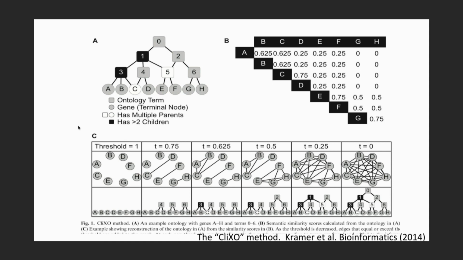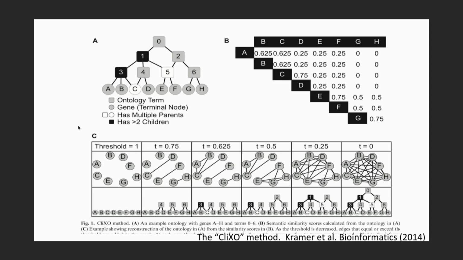All right, but the way it works is, and I should say the other reason why it's a nice problem to think about is one has the gene ontology. So what you can do is before you even look at a shred of protein-protein interaction data, just take the GO, flatten the GO to a graph. Okay, and so if you're not familiar, there's this thing called Resnik's semantic similarity. There's many semantic similarity measures people use to compute distances between pairs of genes through an ontology like GO. So you can simply flatten the thing and then try to reconstruct it with your algorithm, and that's kind of what we did here in this paper.